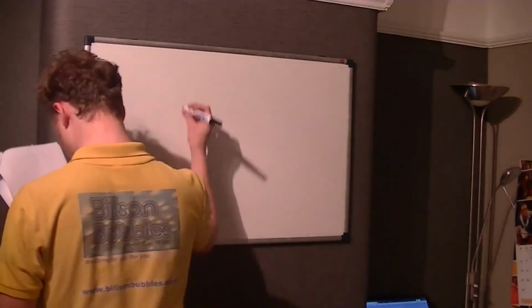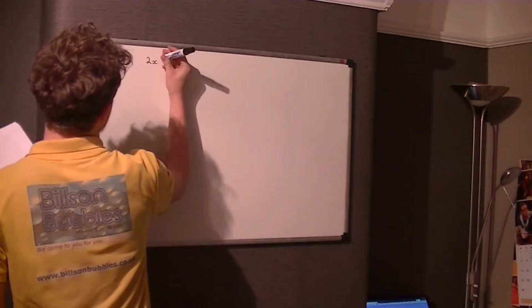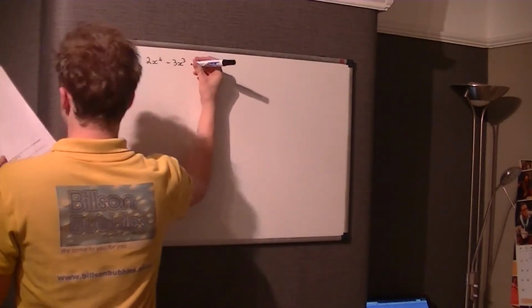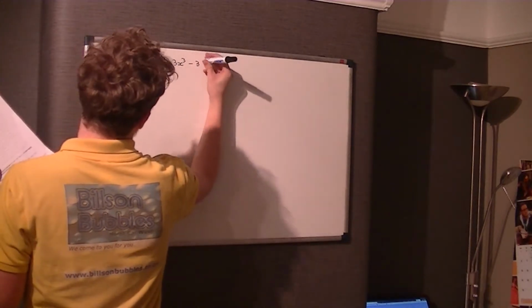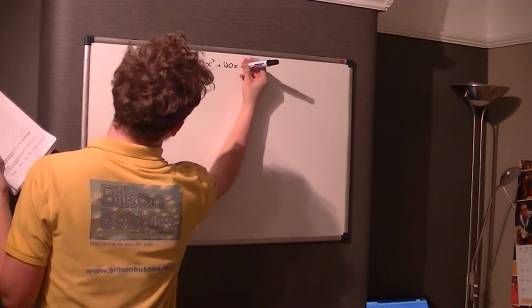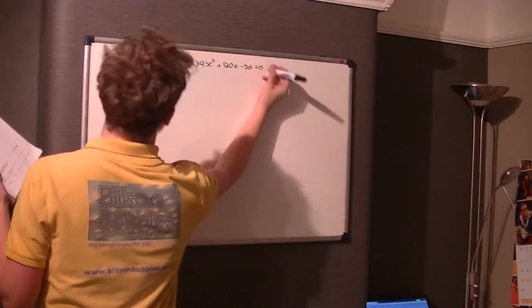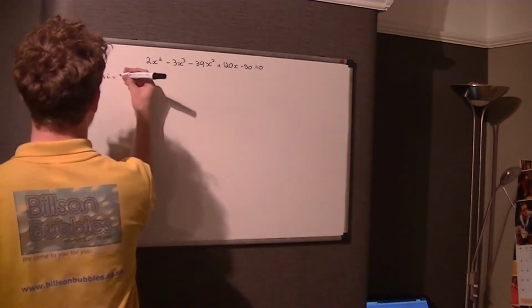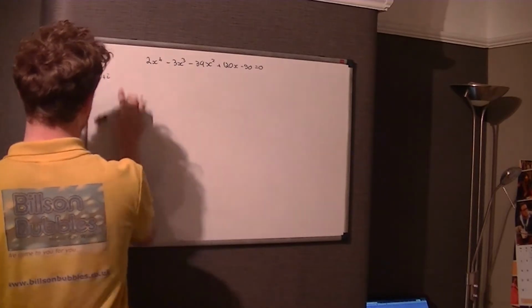Right, so this other question that I'm going to put on the board. We're given this quartic equation: 2x^4 - 3x^3 - 39x^2 + 120x - 50 = 0. We're told that 3 + i is a root. We're not asked to show that, we're just told that 3 + i is a root